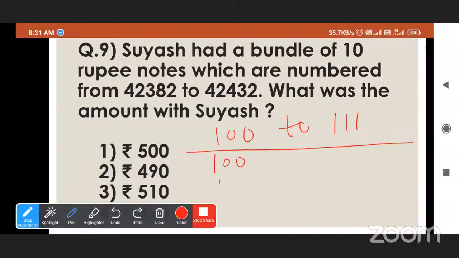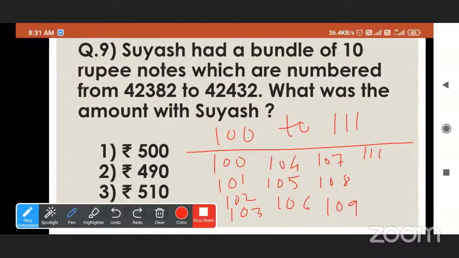100, 101, 102, 103, 104, 105, 106, 7, 8,